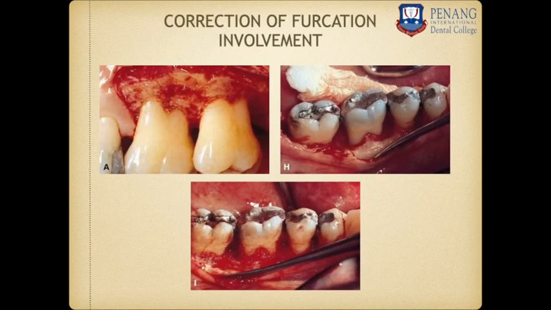Correction of furcation involvement. You can see a bulbous bone in the furcation region, which is going to help in more food lodgement in that furcation region. So bone loss will happen in the near future. So the bone has been removed. You can appreciate the recontouring of the bone done in picture I. This is an osteoplasty procedure where the recontouring of the bone has been done.